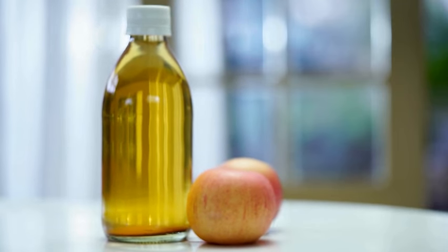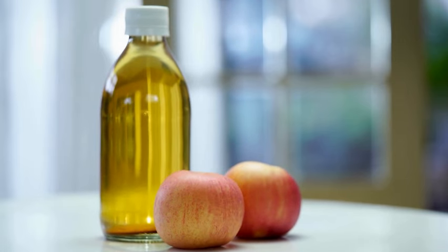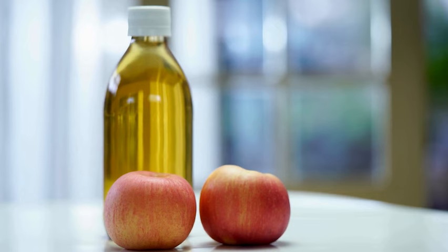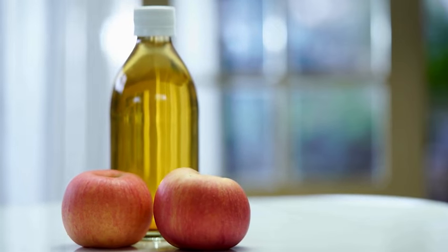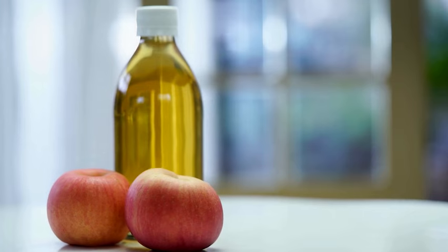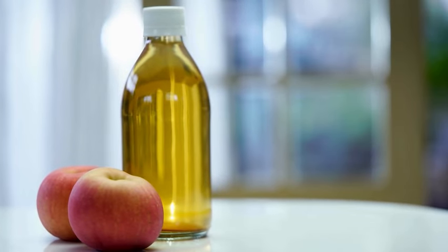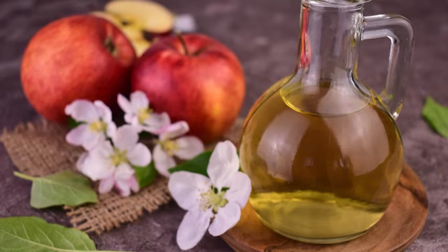Preventing kidney stones. Apple cider vinegar can help prevent and treat kidney stones due to its alkalizing effect on the body. It helps balance the body's pH levels, creating an environment that is less prone to the formation of crystals that can turn into kidney stones. The acetic acid in vinegar can also dissolve the calcium deposits that form kidney stones, making them easier to eliminate